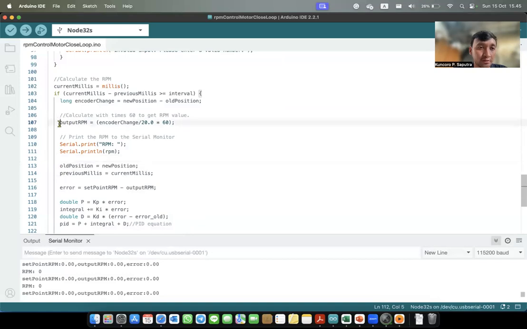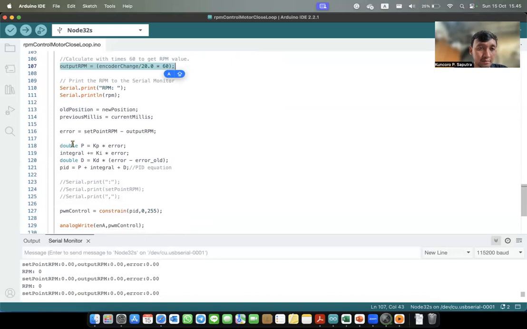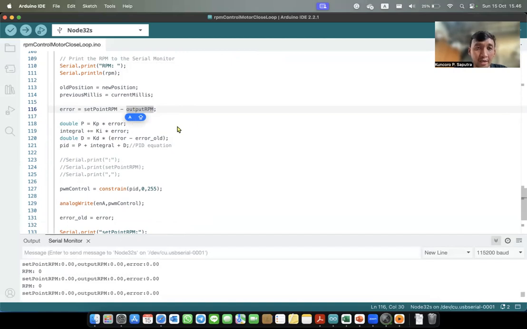So we can calculate the RPM with this, and we can check the error with the set point minus the output RPM.